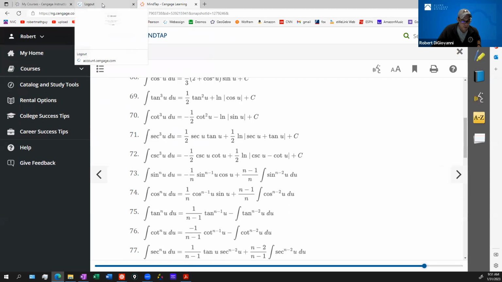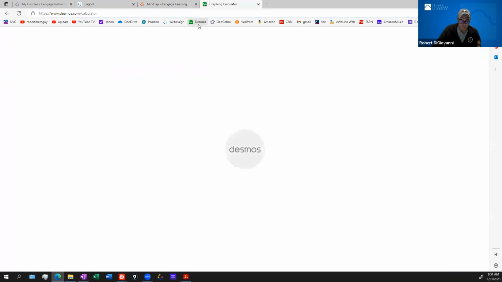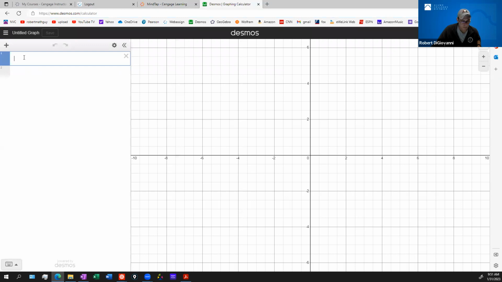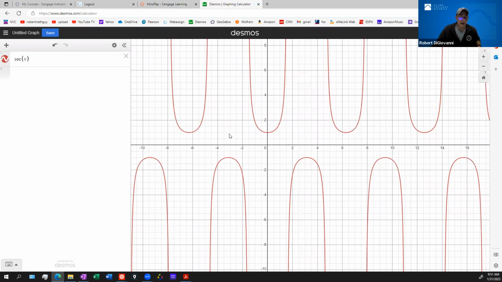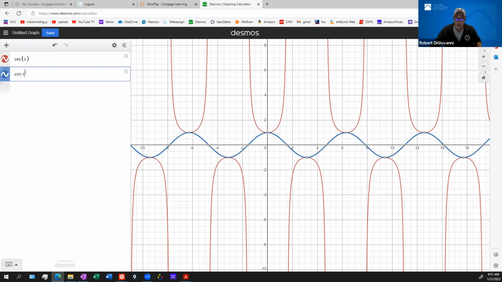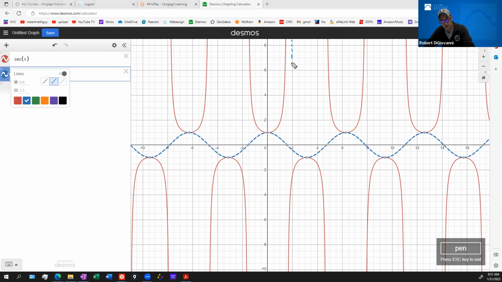Hey, where did my Desmos go? Let me do the secant function. That's the secant function from pre-cal. And the secant, remember, is the reciprocal of cosine. So if you look at this, everywhere that the cosine hits the x-axis, we have vertical asymptotes. Right? So if you were to think about what the domain of the secant function is, as long as you're